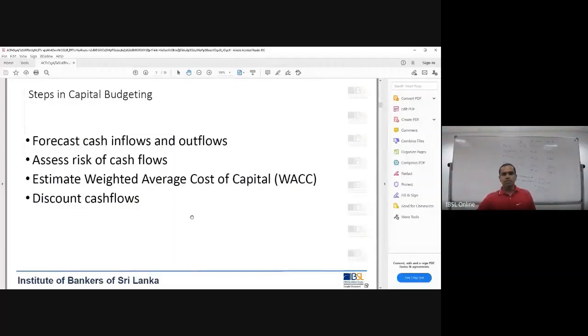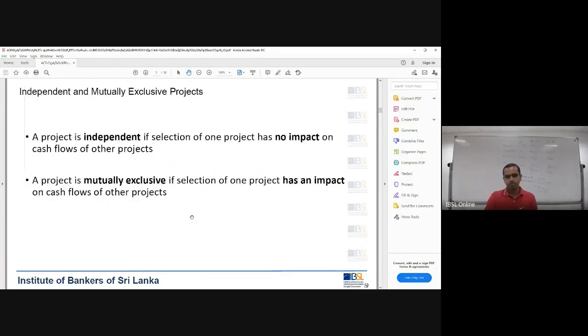The discounting cash flows, right? This is what we did a couple of weeks back. How you discount cash flows. Remember time value of money, present values, right? Independent and mutually exclusive projects. Independent and mutually exclusive, right? So independent and mutually exclusive means, now independent means